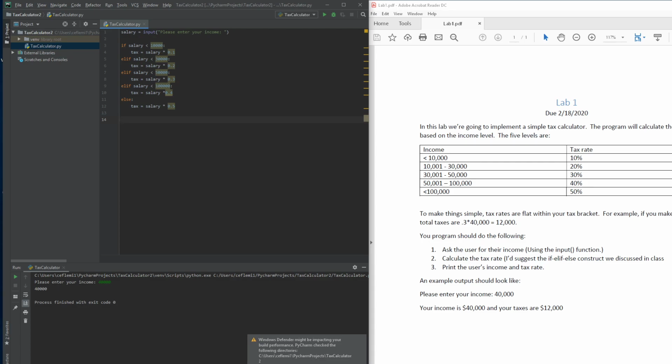So we're going to go ahead and do the printing out. The printing is pretty simple. We're going to just remember we can just put a bunch of values in here and separate them with commas, and Python will print it out for us with a space in between. So I'm going to use the message that I did. Your income is